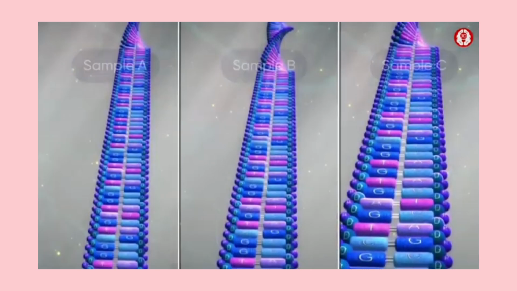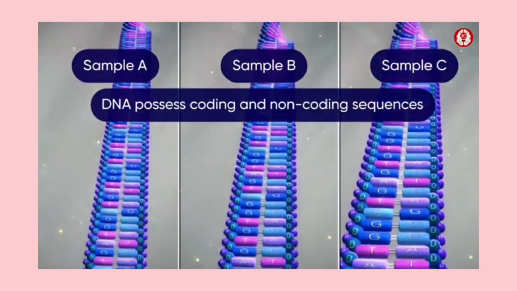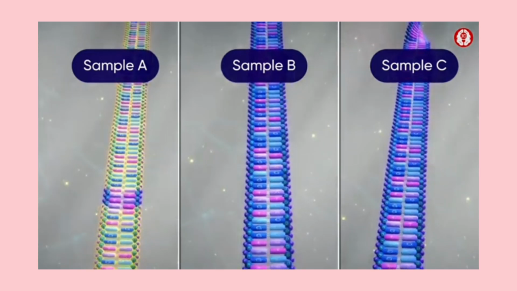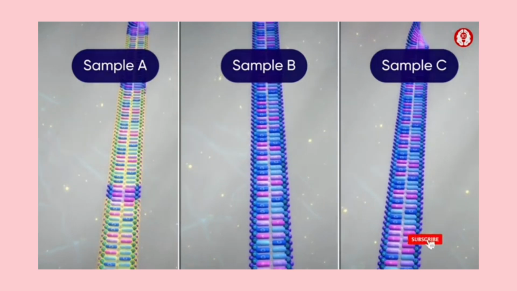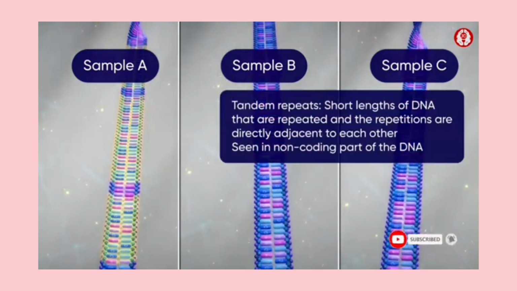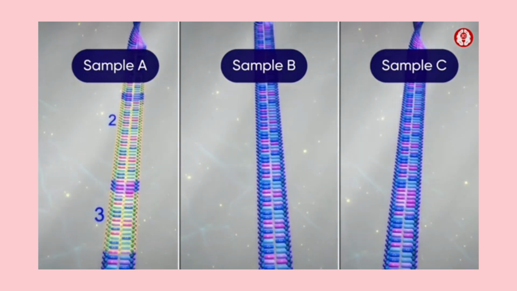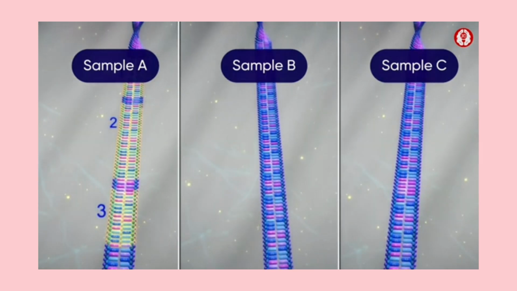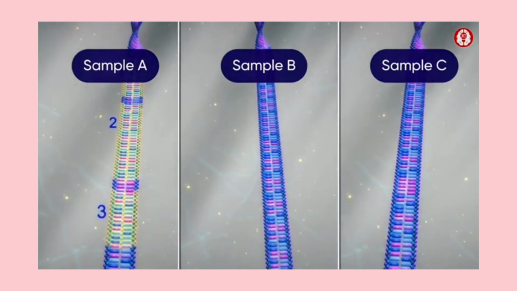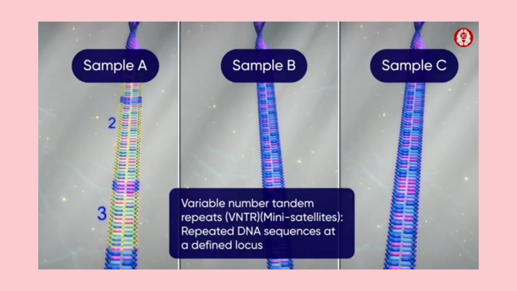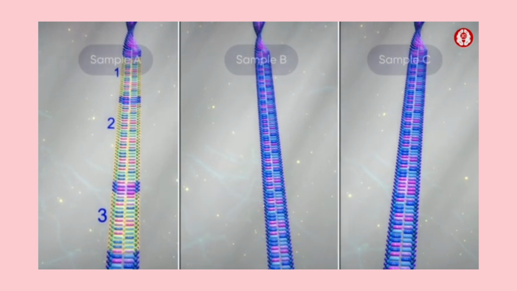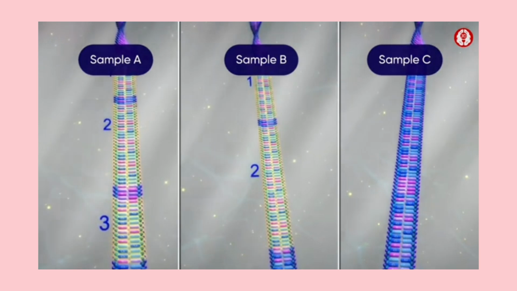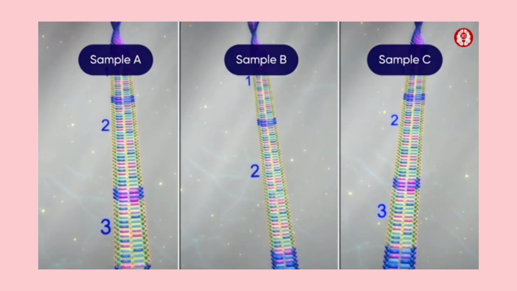A closer look at the DNA of each sample shows that it possesses coding and non-coding sequences. Here, the non-coding DNA has short nucleotide sequences which are organized as tandem repeats. For example, the three highlighted parts are repeats of AGTCGGT in sample A. They are called VNTRs, also known as minisatellites. Similarly, we can see two highlighted regions of repeats in sample B and three highlighted regions of repeats in